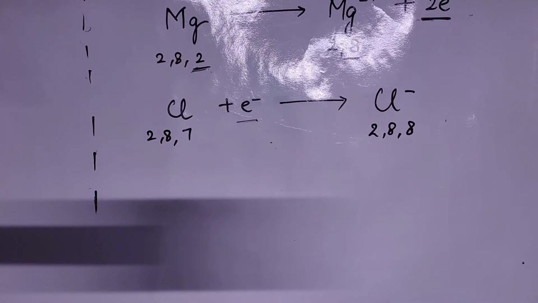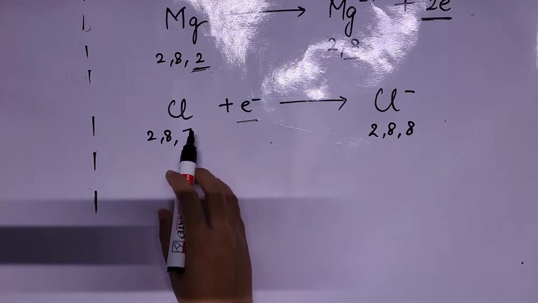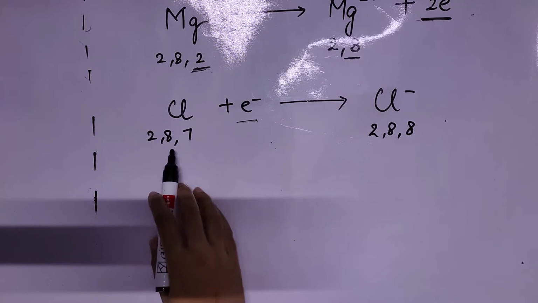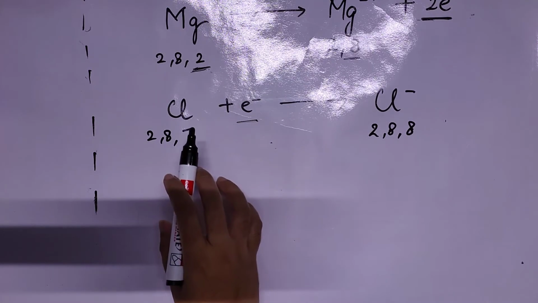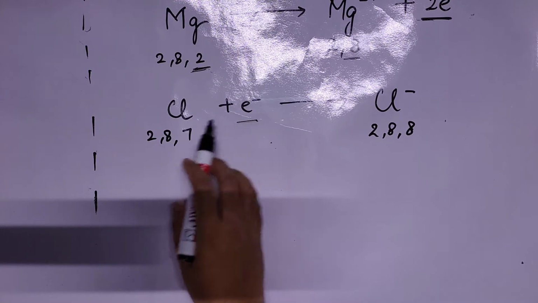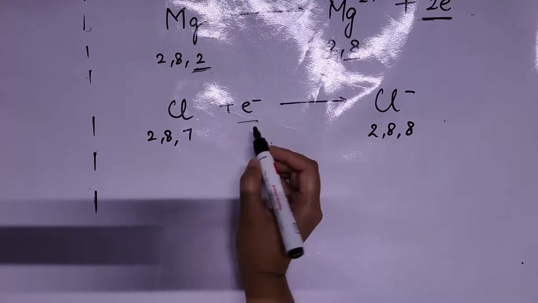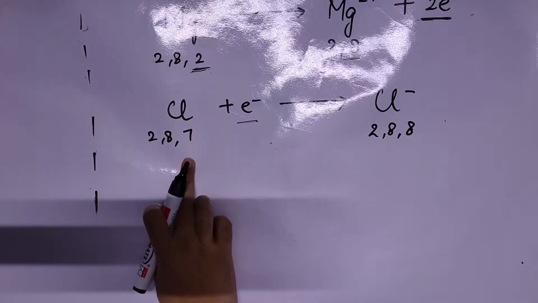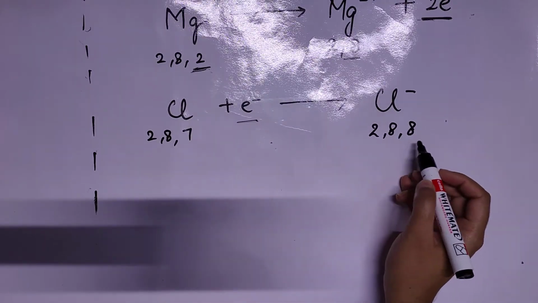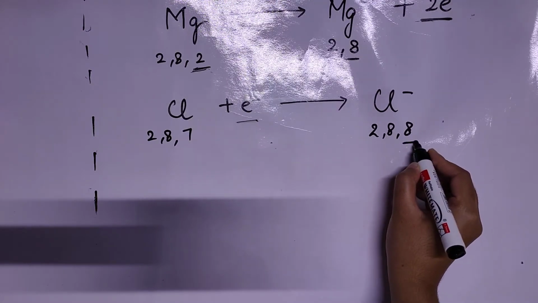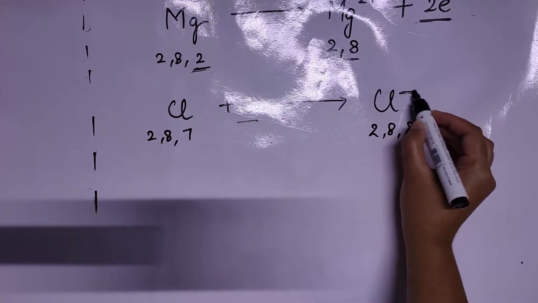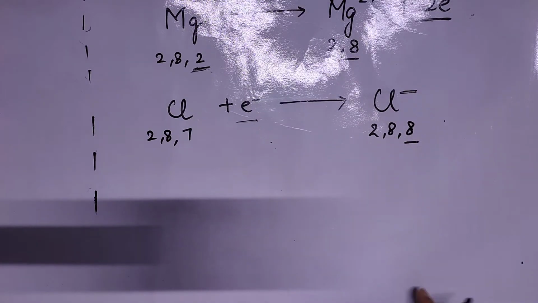Now the next one is chlorine atom. For chlorine atom, like we discussed for sodium chloride, its electronic configuration is 2,8,7. So when chlorine atom wants to attain octet, it will gain 1 electron. This gaining of electron is shown by putting a plus sign here. When chlorine atom gains 1 electron, its electronic configuration will become 2,8,8. So the valence shell again contains 8 electrons, and upon gaining 1 electron it will also develop 1 negative charge. Like that we will get the chloride ion.